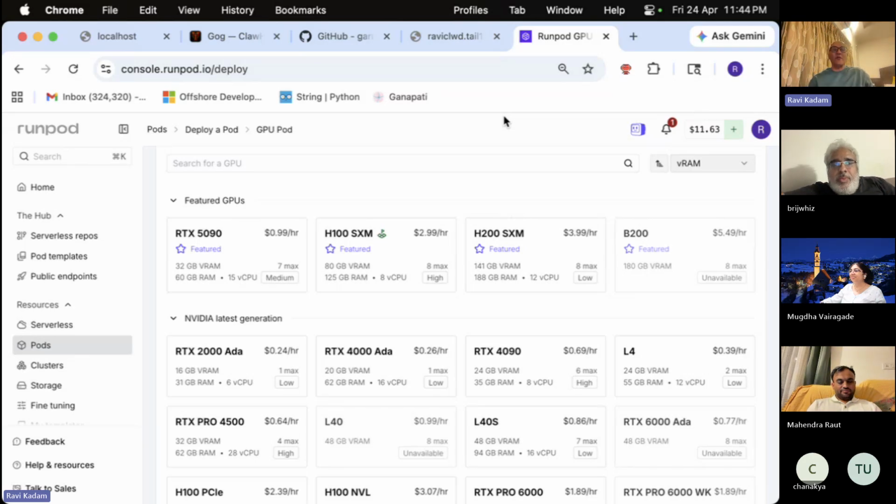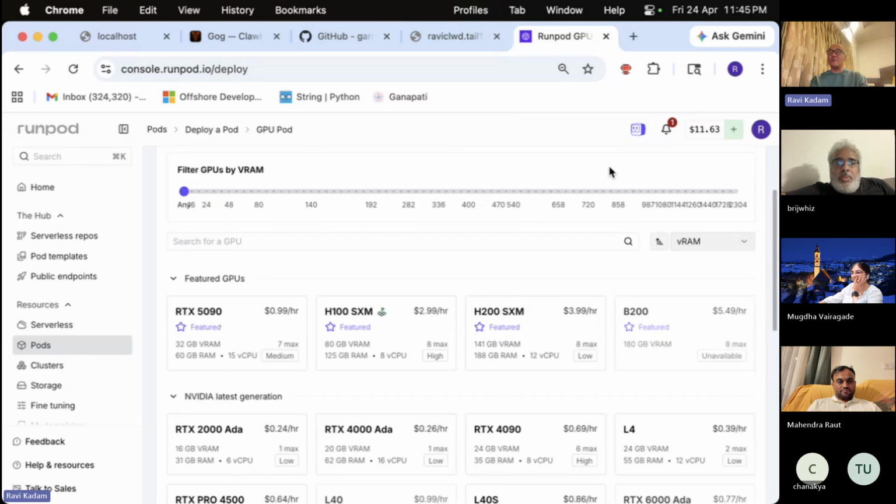Now, E2E provides a GPU, but they take one day's full upfront advance. I would use it for 2-3 hours and close it, and then next time I go, they say, oh, your one day advance is not there, so add some more money. So I found RunPod, which is actually like you will see there is a